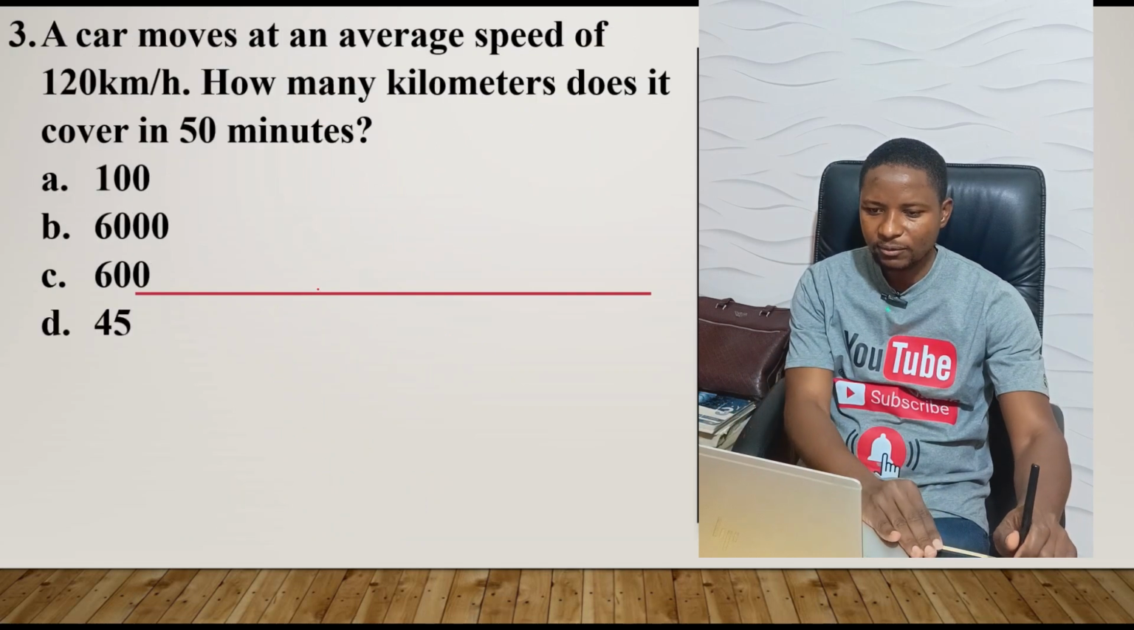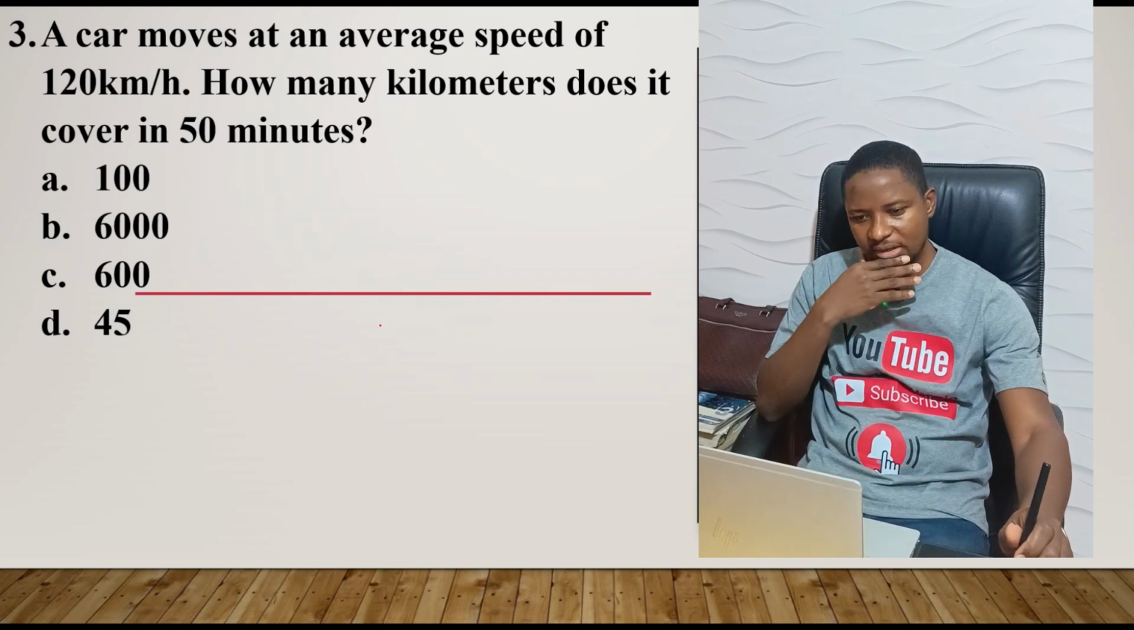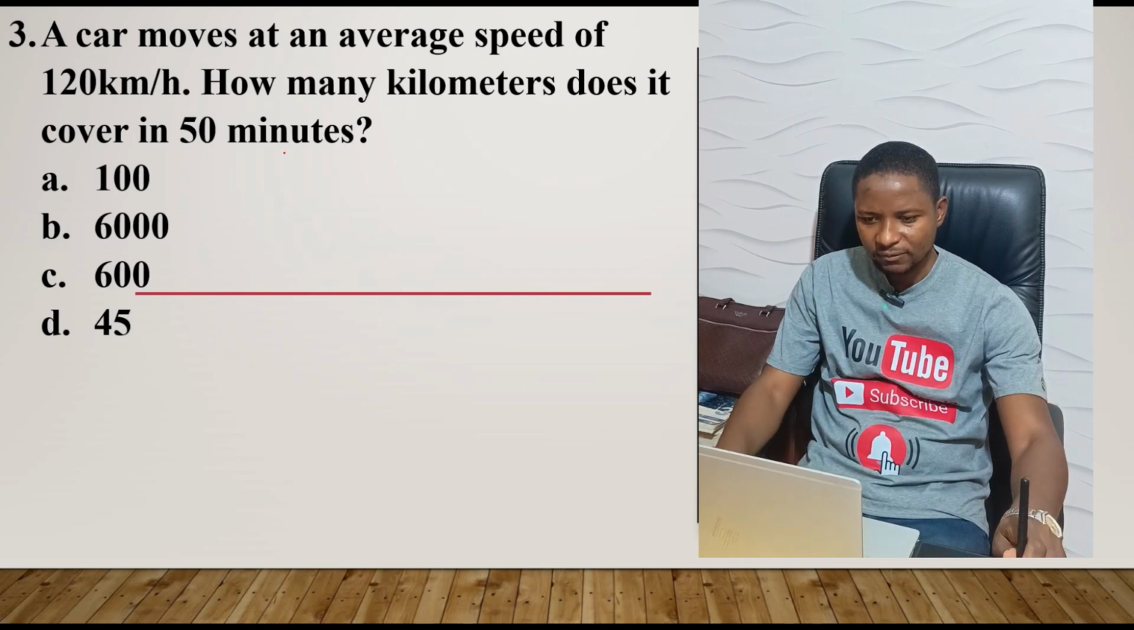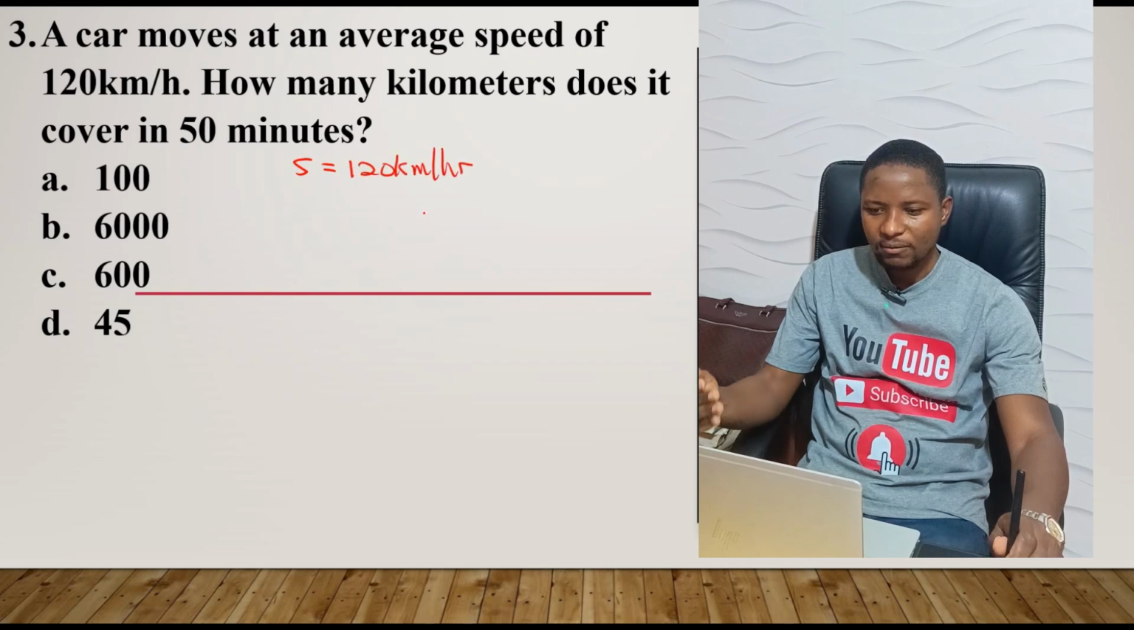A car moves at an average speed of 120. So that is the speed. Take note of your information. We have a speed as 120 kilometers per hour. How many kilometers? So we're looking for distance. Does it cover in 50 minutes? So the time they give us